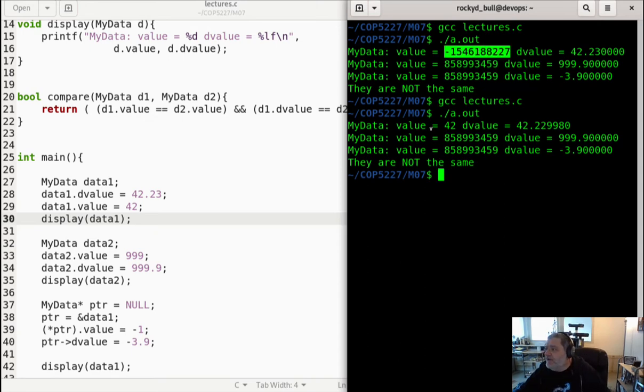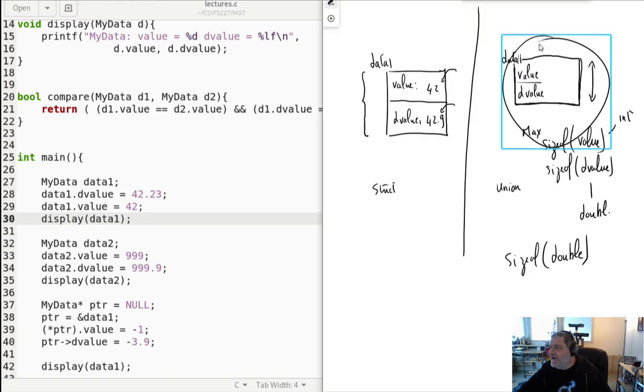So now 42 is stored accurately, but 42.229980, etc., there's something weird here. I didn't store 42.23 accurately here, okay? So what's going on with this? Well, we overwrite the memory, meaning that, and let's go back to the whiteboard to show you exactly what's happening,